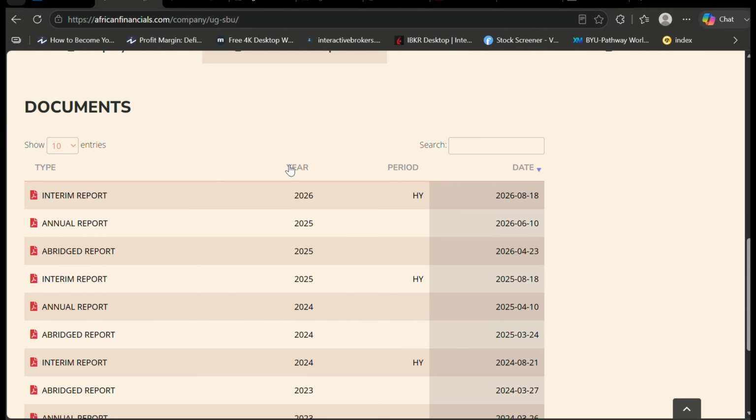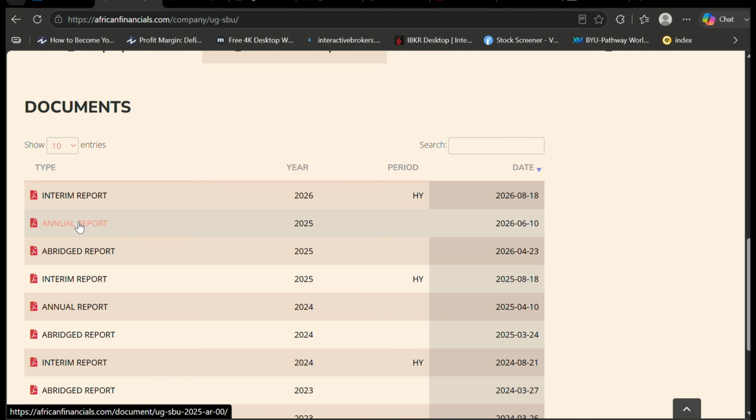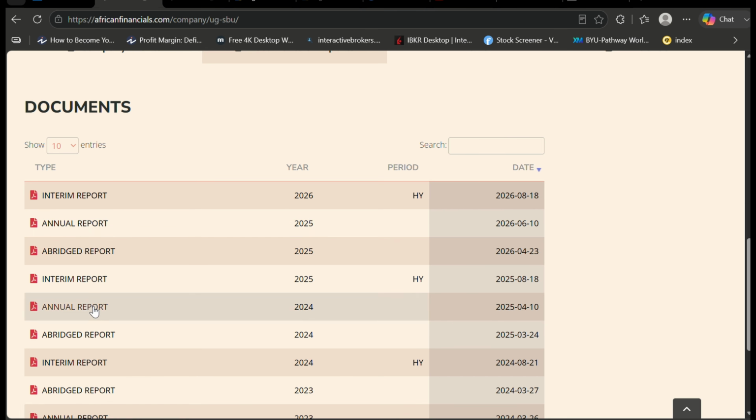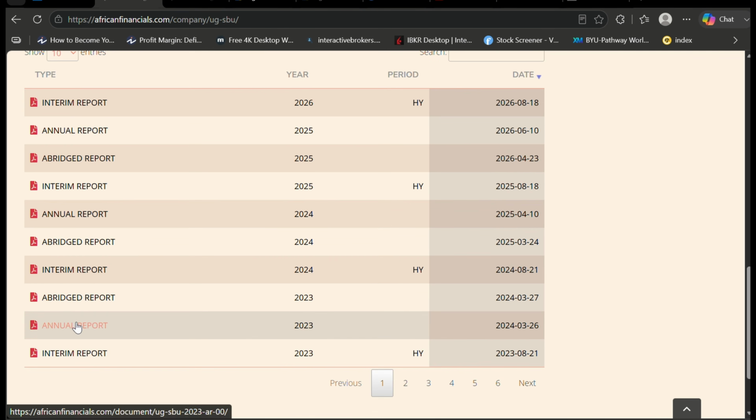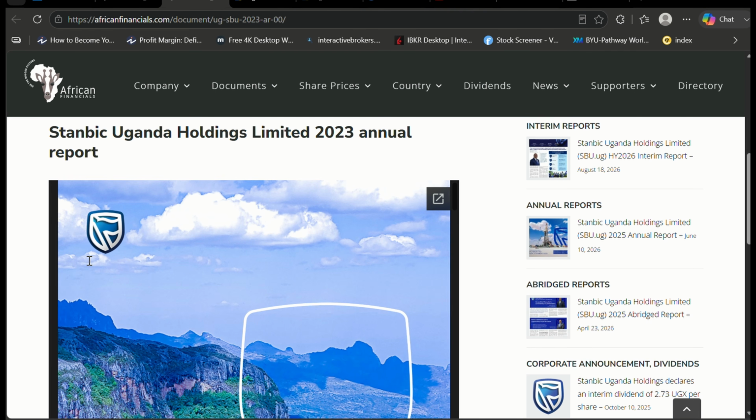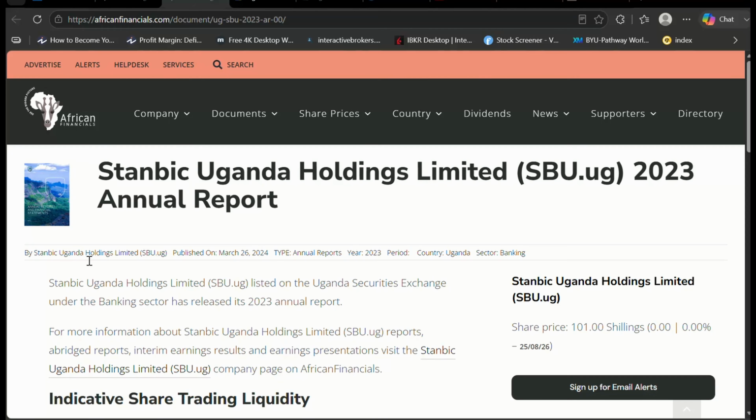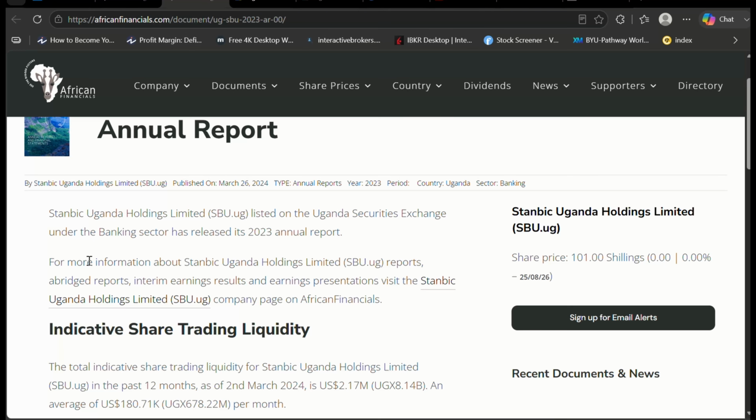So if the latest document, let's say for example, is for 2025, then if I get the one for 2025, that means I'm also getting 2024, since the one for 2025 has 2025 and 2024 ones. The one for 2023 has 2023 and 2022, the current year and the previous year. So this is the tab it will open, the 2023 financial